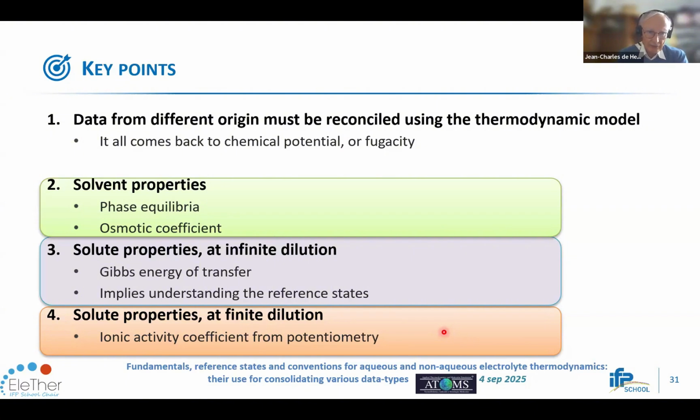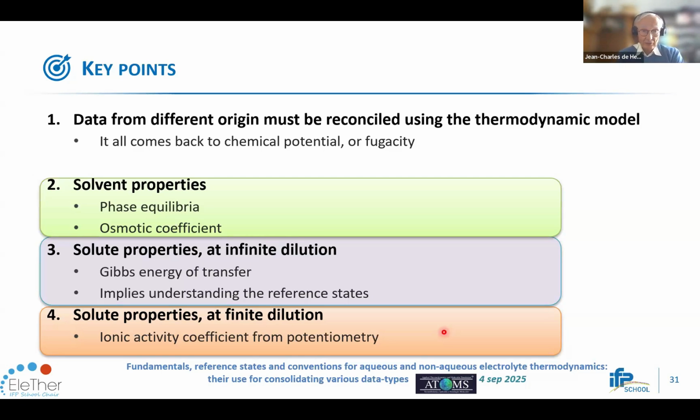For doing that, we went looking at solvent properties to discuss phase equilibria, osmotic coefficients. We looked at solute properties at infinite dilution, and here I talked about Gibbs energies of transfer